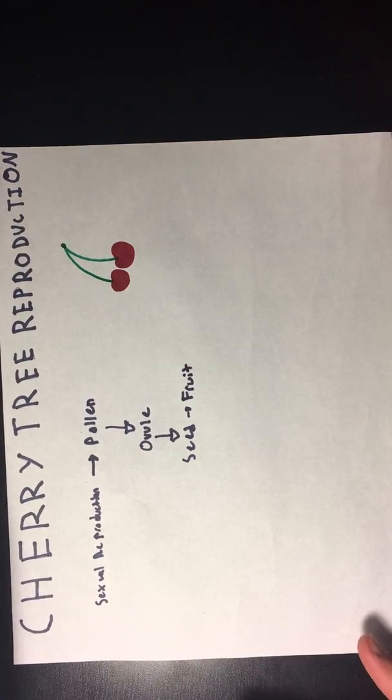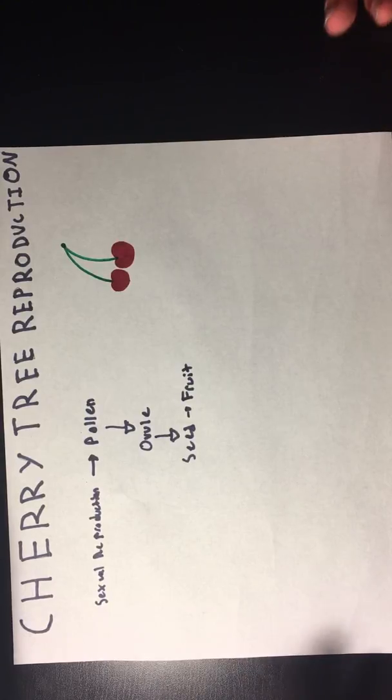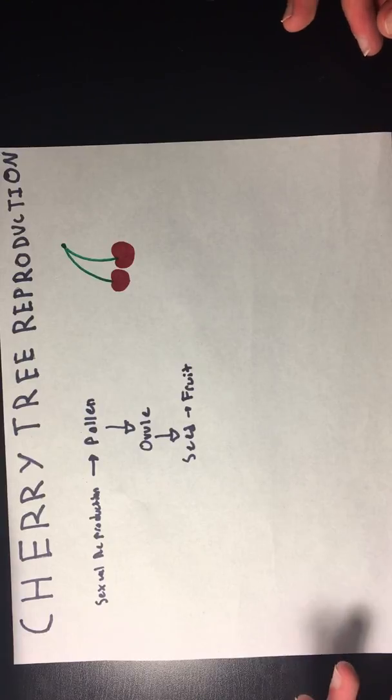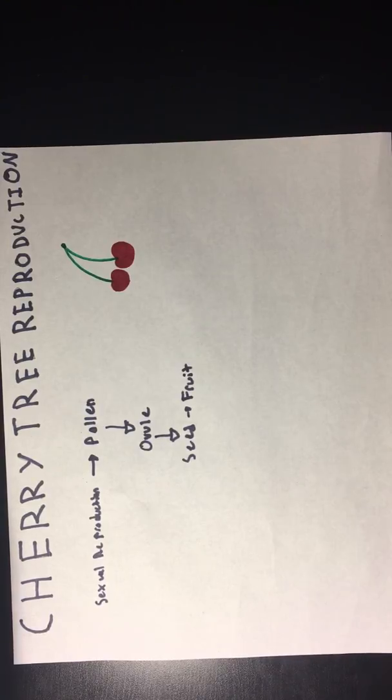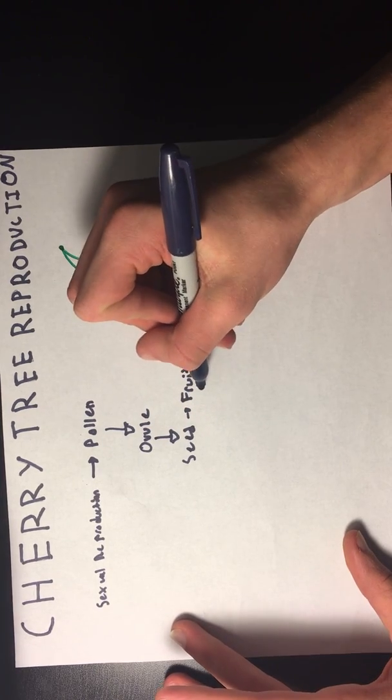Now the fruit serves more purpose than for us just to eat, because it also attracts many animals, such as a squirrel, which will come and eat the cherries. And then they travel around, and when they don't chew up the pit, the seed of the cherry inside the fruit becomes lost somewhere else along the way. So fruit